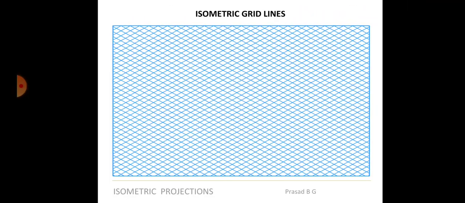So if at all I am starting from here, let's say you are drawing it from here, you will draw from here 50, and the height will be 50. Same way you will get a face over here, one more face like this, and you have to join the top face, 50. Okay, so that should be the assignment for you for today's class, and I hope all of you will do this assignment and submit it.